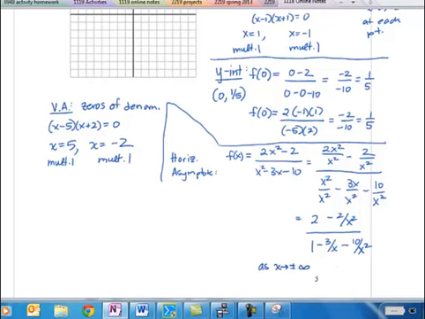And anytime I have a number divided by a power of x, as x gets larger, that fraction is going to go to 0. So this will end up as 2 minus 0 over 1 minus 0 minus 0, which is just 2. So as x goes to infinity, the y values, the outputs, are going to 2, which means the horizontal asymptote would be y equals 2. All right, so